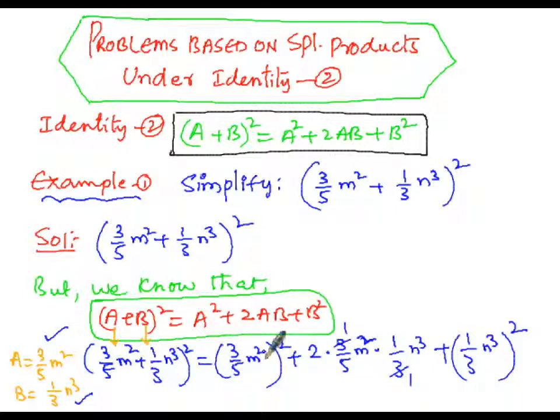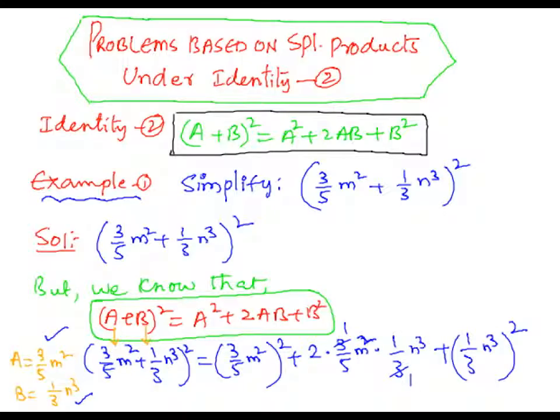Then m square must be squared. So the next logical step will be: 3 square value is 9 in the numerator and 5 square value is 25 in the denominator. So m square but whole square as it is, plus then the middle term is 2 ones is 2, denominator will be 1 here, 2 ones is 2, 2 into 1 is 2 in the numerator, 1 into 5, 5 into 1 is 5. So therefore 2/5 will remain the same, then m square n cube. So the middle term will be 2/5 m square n cube